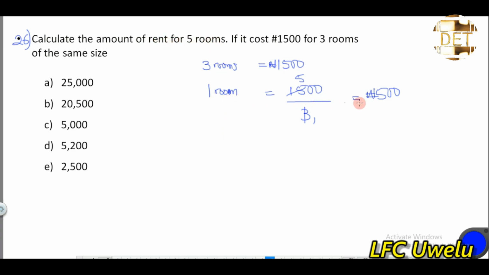So if one room is equal to 500 naira, 5 rooms will be equal to 500 naira times 5, and that will be equal to 2,500 naira. So the correct answer to this question is option E,